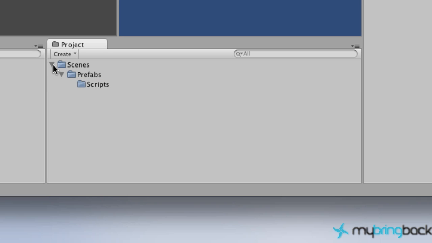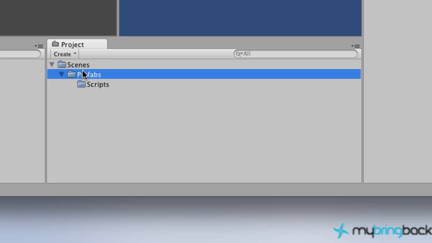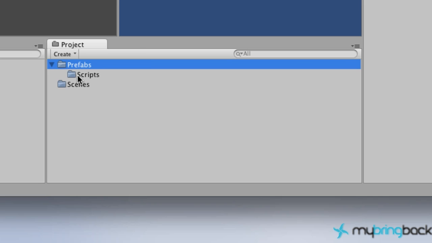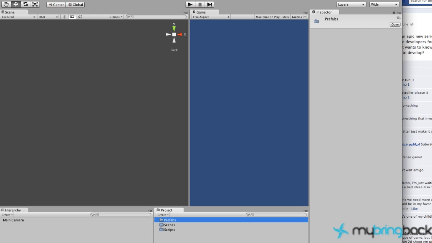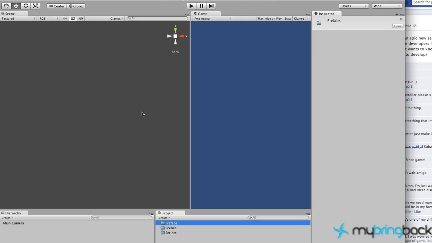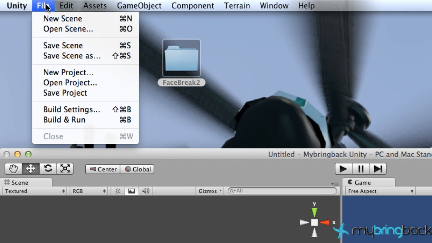Now right now they're all within the scenes folder, so we probably want to pull these out and have them be their own folder as well. So go ahead and do File, Save Project. If you hit Control S, it's going to try and save the scene, which is a little bit different. So now we're going to go up to File